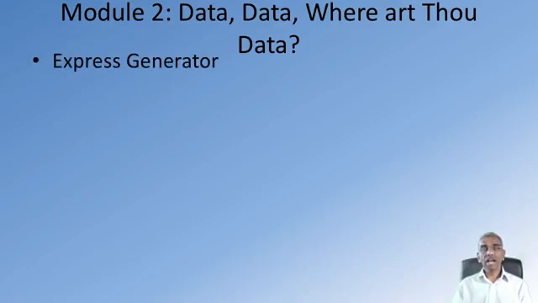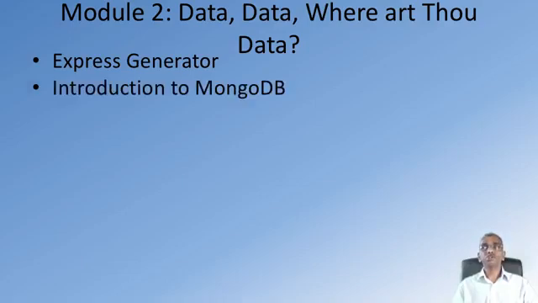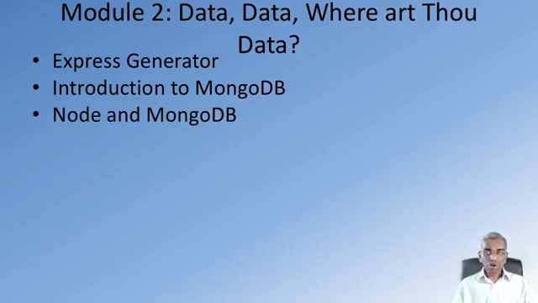We'll quickly look at how we can use the Express generator to quickly scaffold out a REST API-based server. Then we'll move on to examining MongoDB, understand what MongoDB is and how it supports the storage, retrieval, and manipulation of data. We'll look at how MongoDB can be accessed from our Node application. This is essential because from within our Express application, we will be accessing MongoDB in order to store and